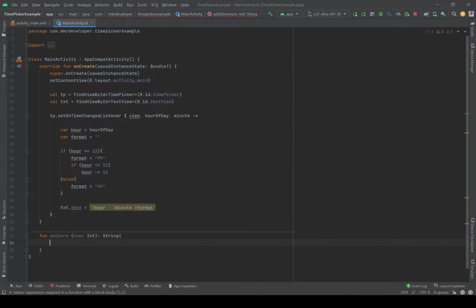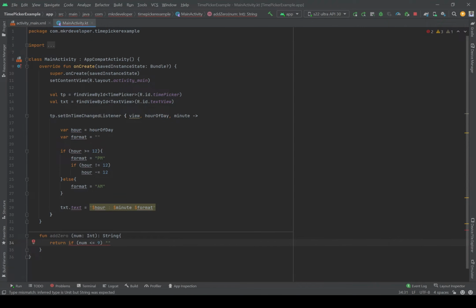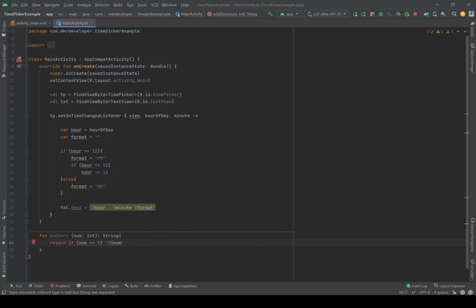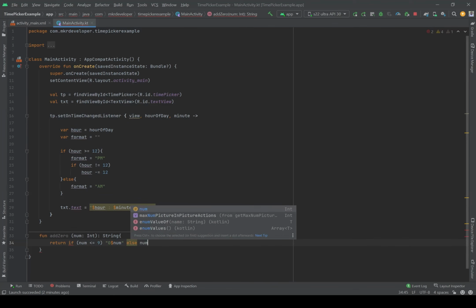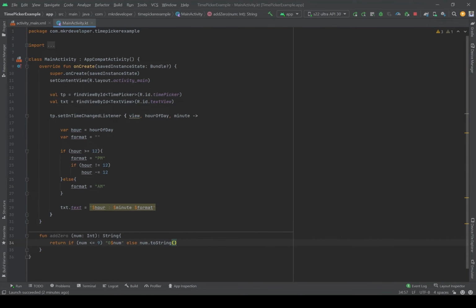Then return if the num is smaller or equal to 9, show a 0, then dollar number. Else the number itself should be changed to a string and shown. Okay,